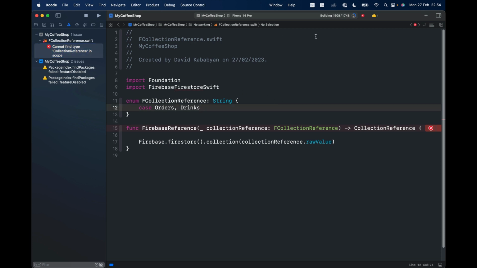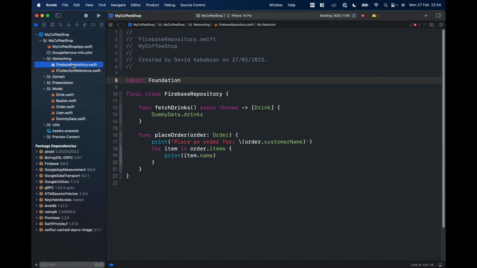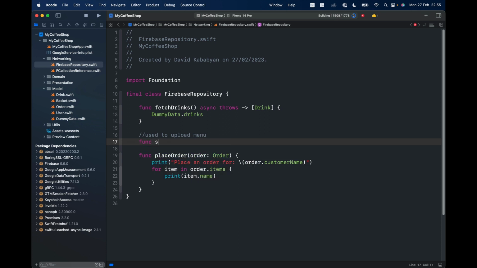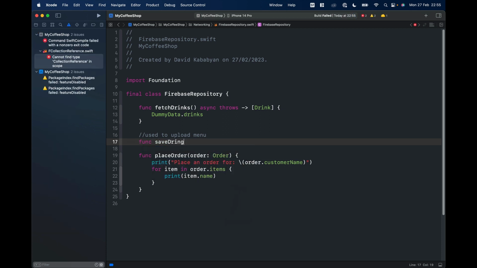Just cannot find collection reference, but it will take some time to build our code because we added a big library of Firebase. So let's leave this as it is until it builds, and let's go to our Firebase repository, and here we are going to change our fetch drinks. Actually, let's quickly write a function that is going to take everything from our dummy menu and save it to our Firebase. Let's put a note here, used to upload menu, and we say func save drinks,